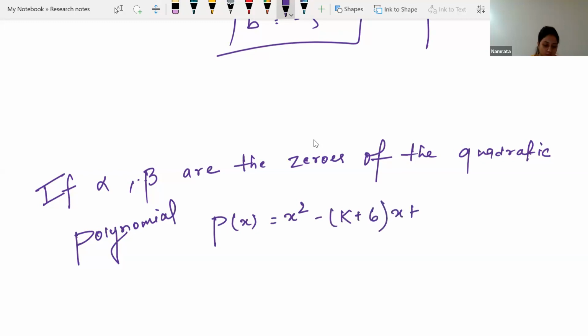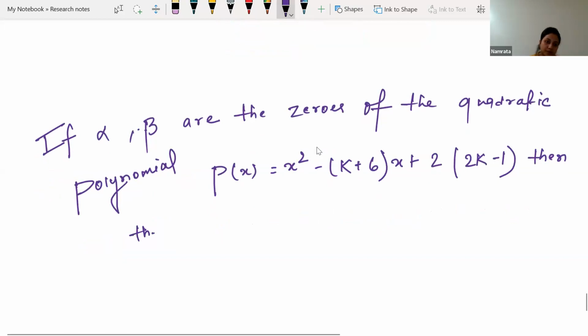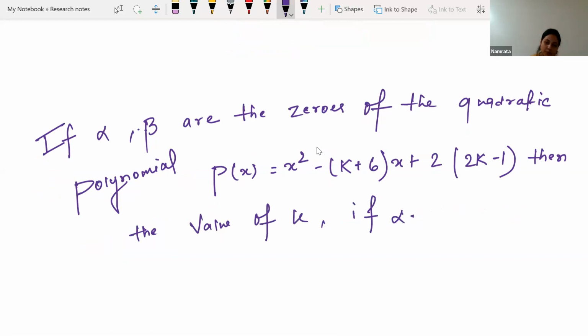Then we will discuss the hints. Then the value of k, if alpha plus beta is equal to 1 by 2, alpha beta is